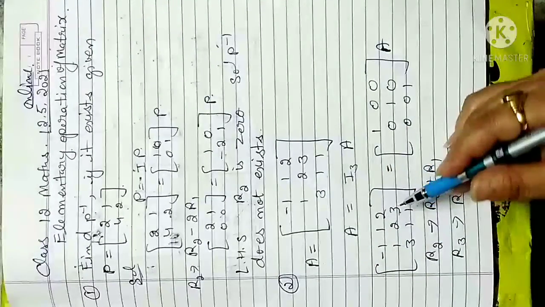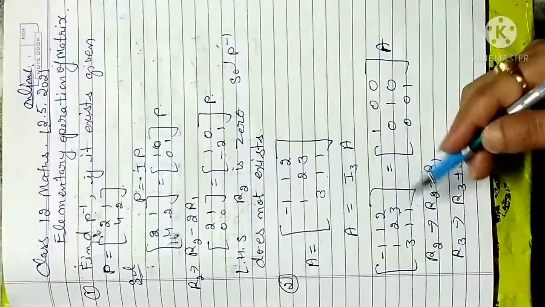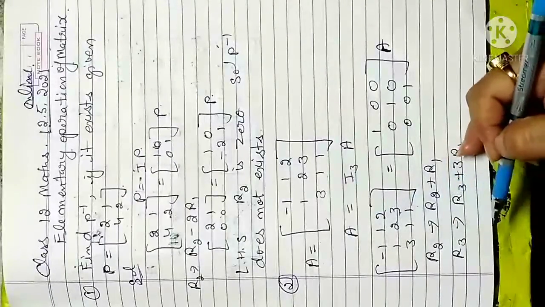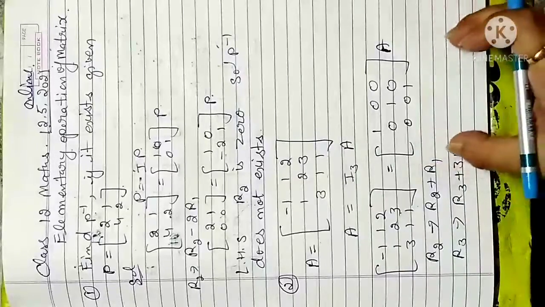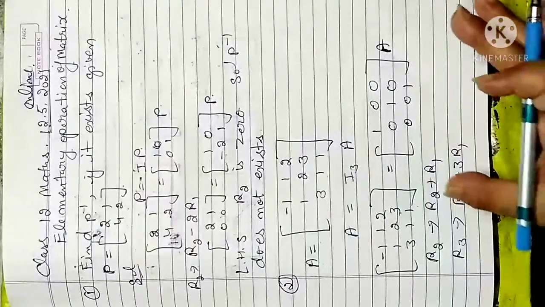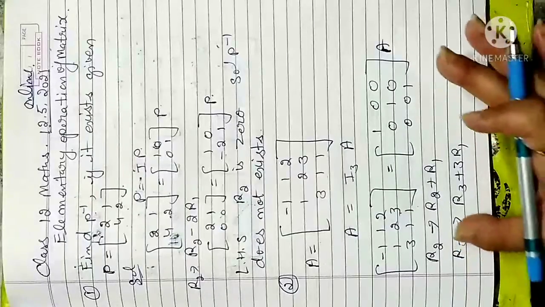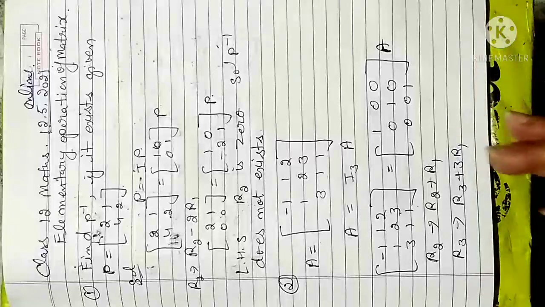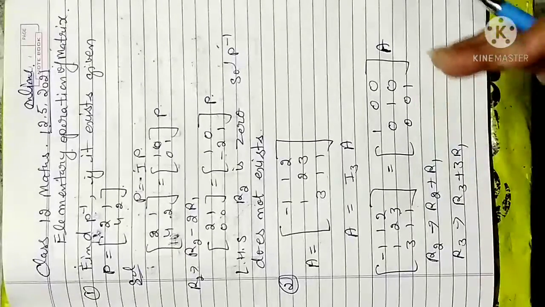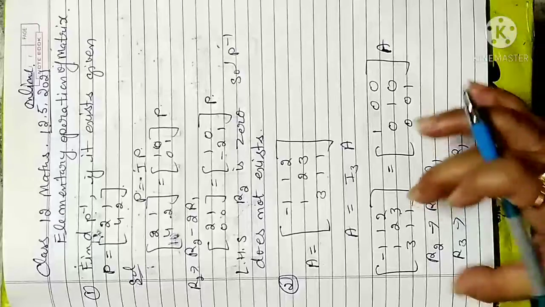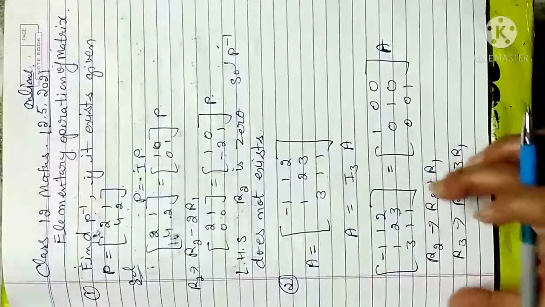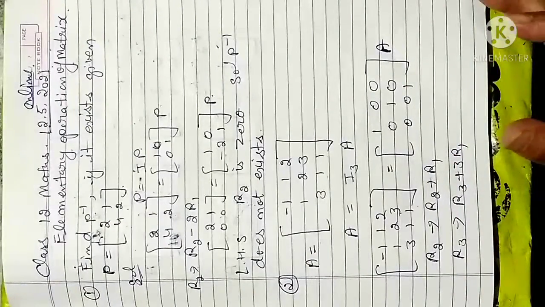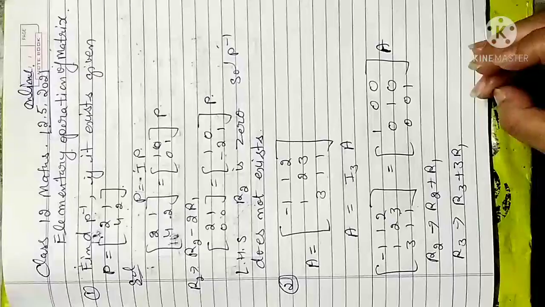If I target only the left hand side, it will be easier for me to find the operations. Later on, when you solve the left hand side, you move to the right hand side. Make a space until then, so it will be easier to solve the question. Otherwise it will be difficult if you apply side by side on the right hand side. First you apply only on the left hand side, make a space for the right hand side, and when this matrix changes into the identity matrix, then you apply the same operations on the right hand side that you already applied on the left hand side.